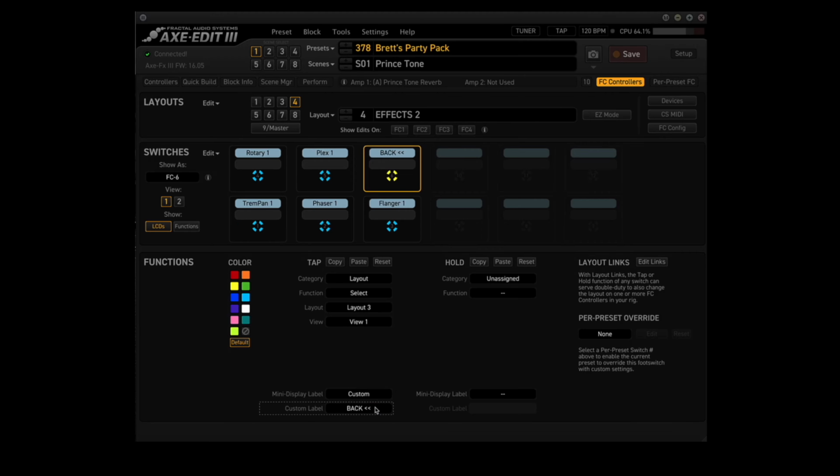Yep, that is a lot simpler than using EasyEdit. Okay, the Flanger 1 foot switch needs to be changed to Main, and the function needs to be changed so that it will return you to the Perform 1 layout. We do this by